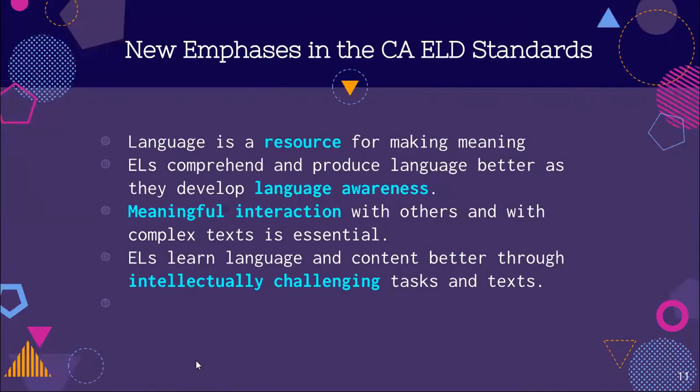And key to this is that learning should occur through that meaningful engagement with content-rich texts. Another thing that we found with ELD in the past was that while the content itself is not the focus of ELD instruction, it was not at the rigor that was necessary for grade level. And the new framework and the new standards actually focus on having access to all of those